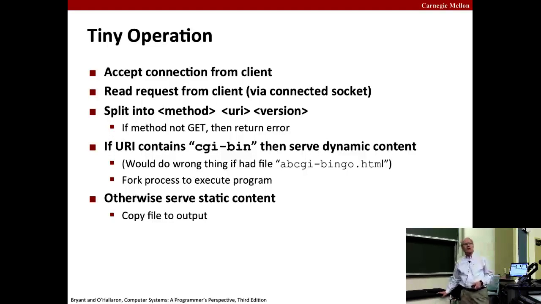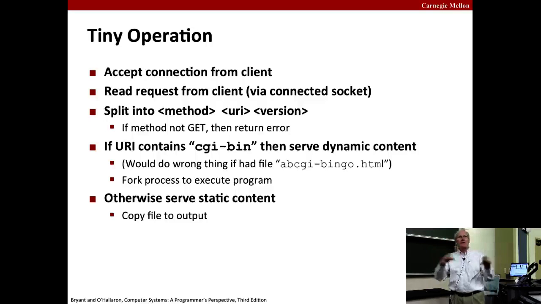So the overall idea then is it's a server. So it's receiving requests from clients, from browsers, saying, I want this web page, or I want to execute this particular dynamic program to get dynamic content. So it comes in with a request, a GET request, like you just saw, and it splits that. It picks out what's called the URI, the argument to the GET request. A URI is a Universal Resource Indicator, which is not a complete, potentially